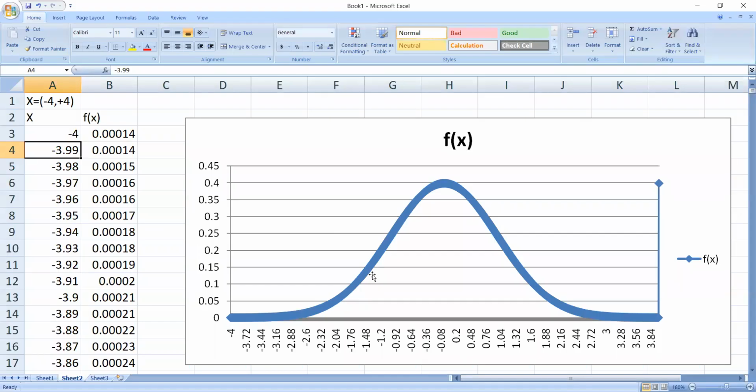You have the point of curvature here close to minus 1. This is the point where the convex nature becomes a concave nature. And as said, here the standard deviation is 1. So the points of inflection are minus 1 and plus 1, that is, minus 1, 0, plus 1. If you produce a neat normal curve using software, only then can certain properties be viewed visually. Otherwise, you have to just theoretically assume that it is true.